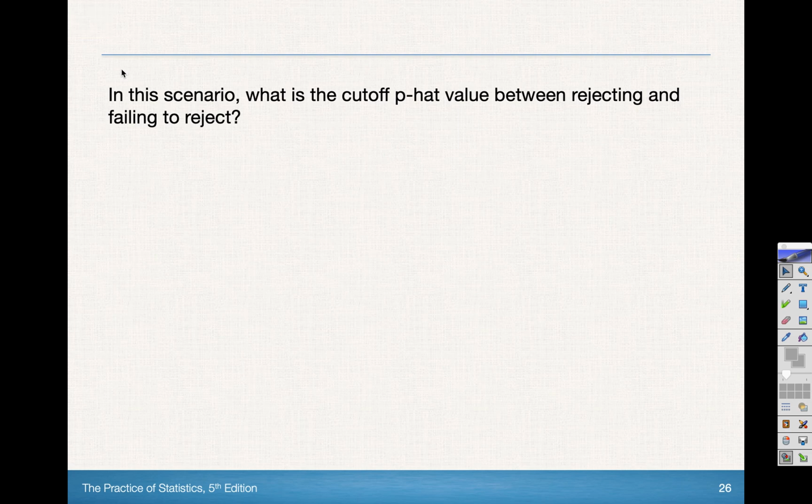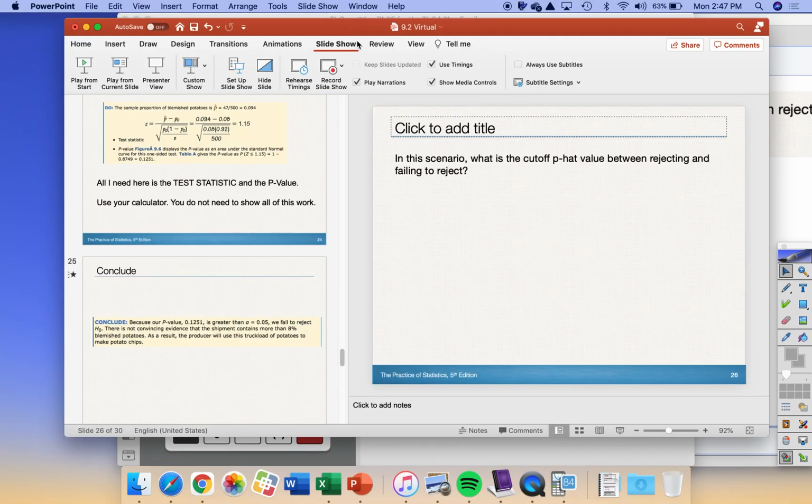So looking at this situation, what is the cutoff p-hat value between rejecting and failing to reject? Like what p-hat value would have caused us to reject this truckload of potatoes? Let's look at this